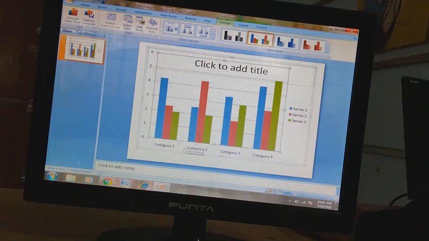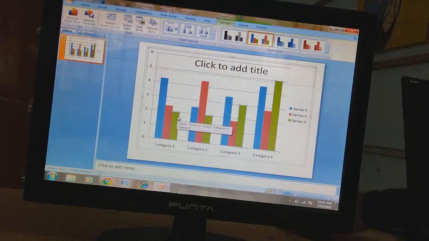This Category 1, Category 2 line, these are on the x-axis, that is the category axis. These are the data series, represented in blue, red and green, like here 4 point something, and this red one is 2 point something. These bars are called data series.